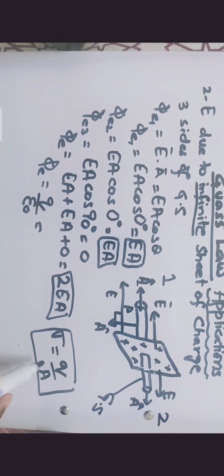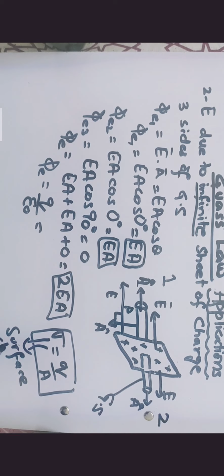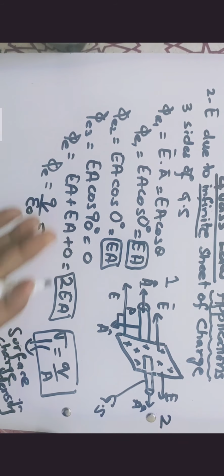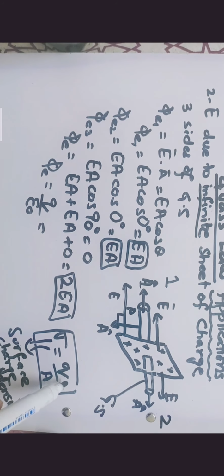By name it says that any surface having a particular density of charge per unit area has a surface charge density, represented by sigma. So sigma's value is q by A, and if I want to know the value of q from this equation, it would be sigma A.